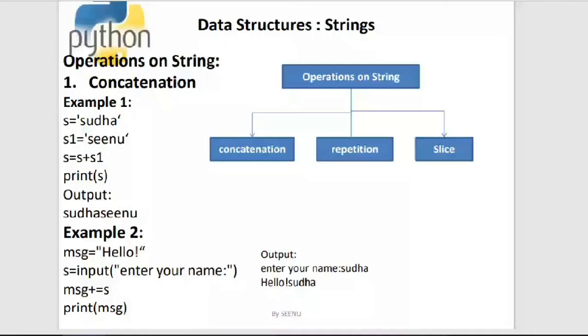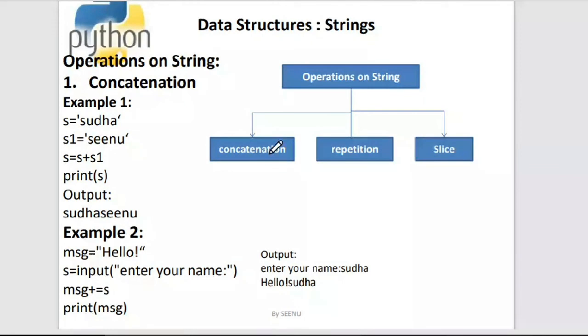Okay, so in today's topic, we'll be discussing the data structure strings. A string is a sequence of characters. We already have been seeing the concepts of strings from the first unit. Even the operations, okay, so in the university examination, if you get this question like operations on string, then there are three major operations that you can perform on the string. So this explanation you have to give in the examination.